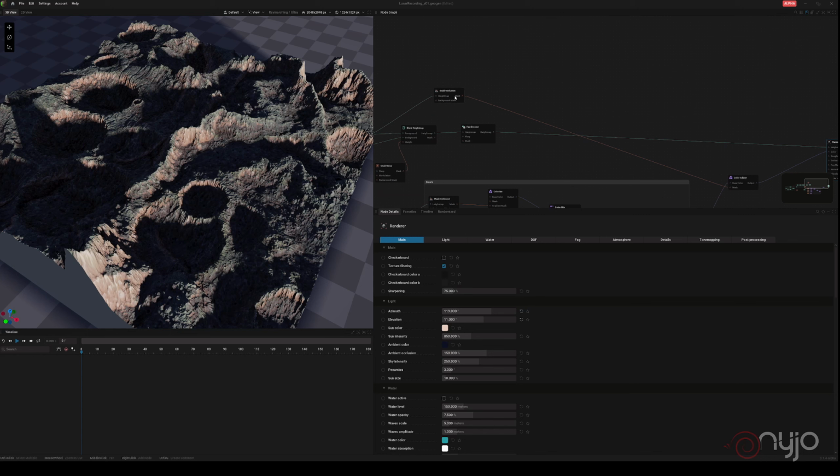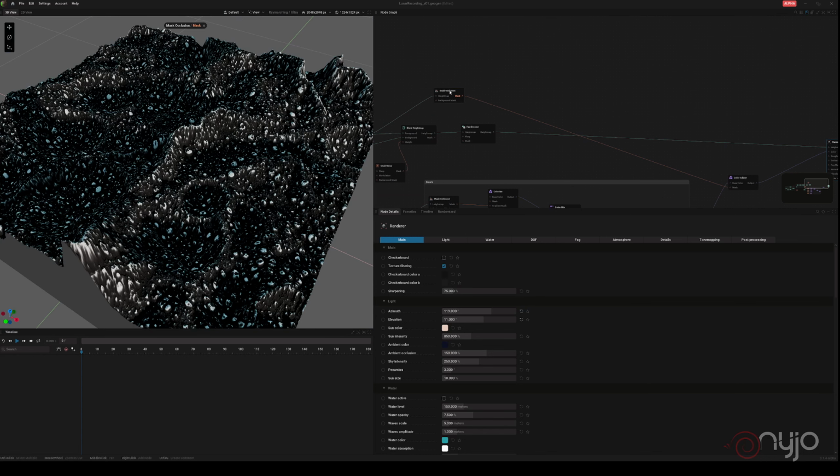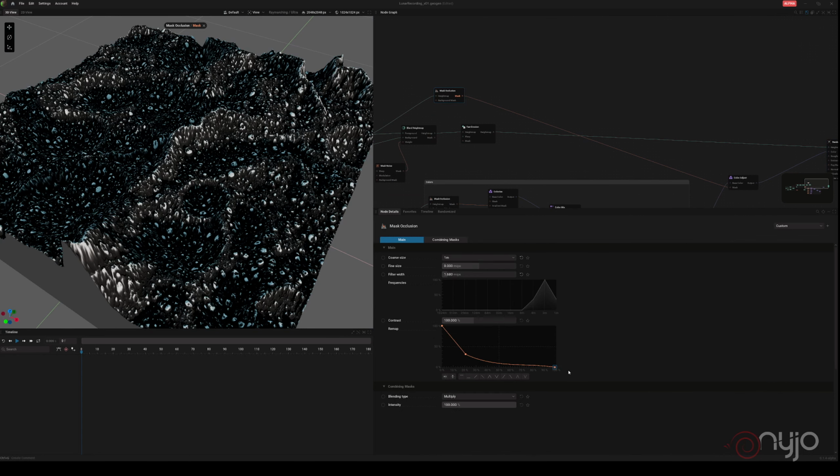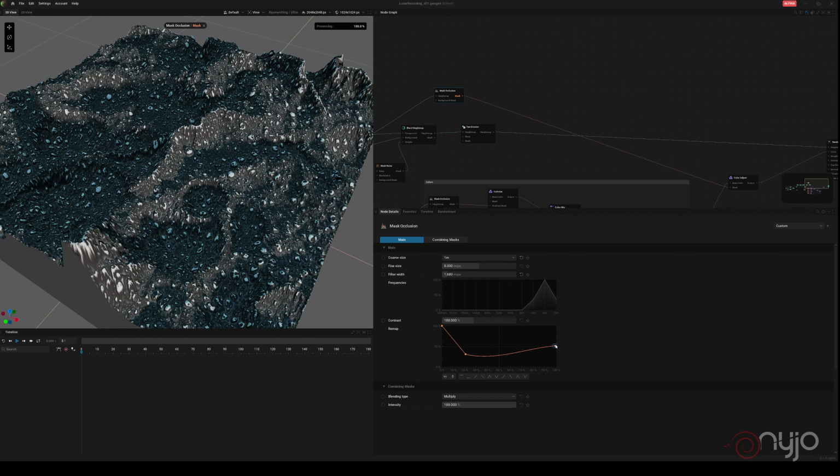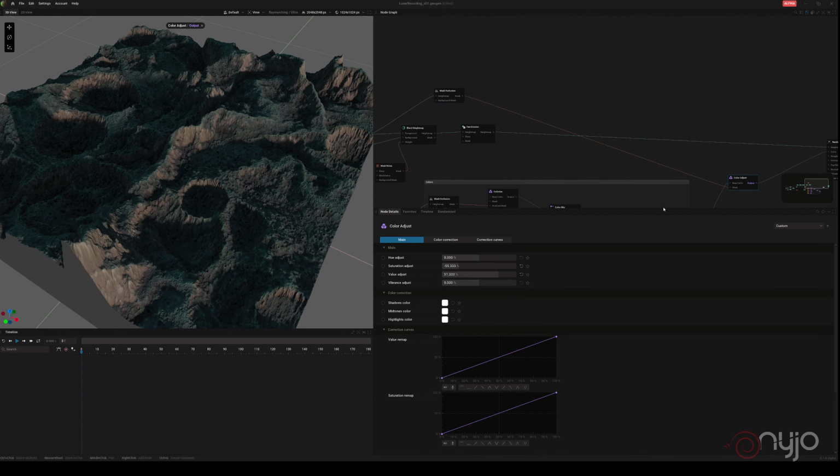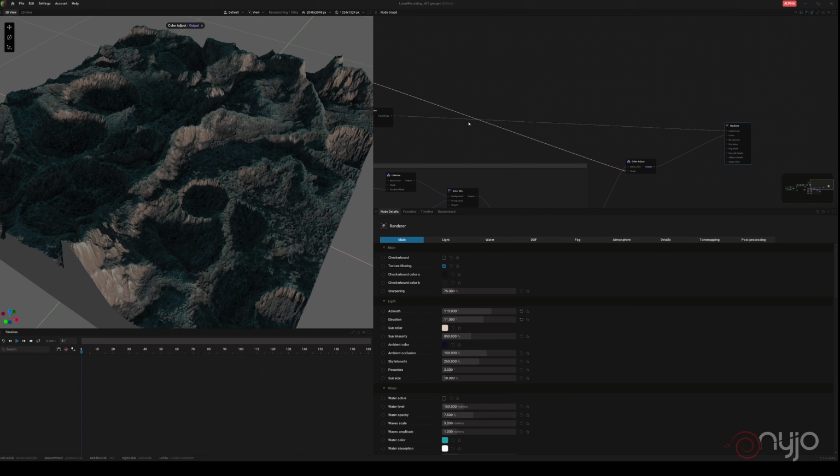So maybe just something that needs to be tweaked. Let's say that maybe everything can be with less saturation. Okay, so let's go out,